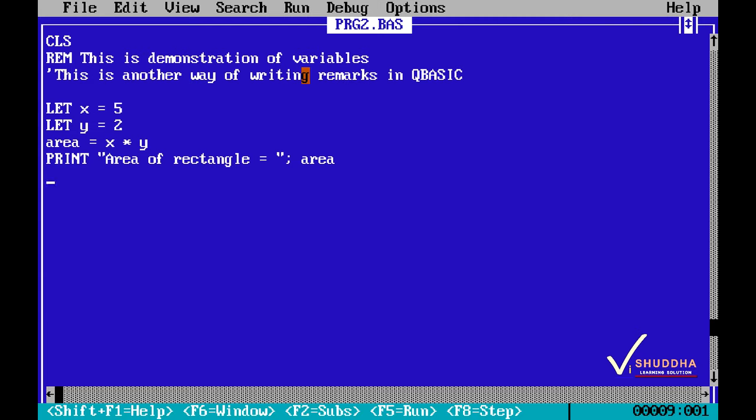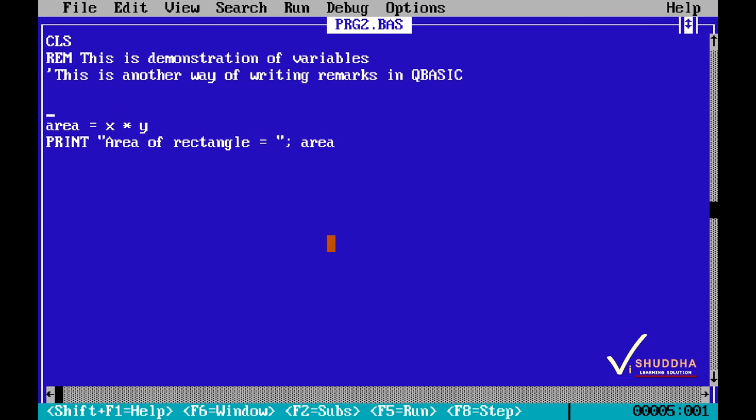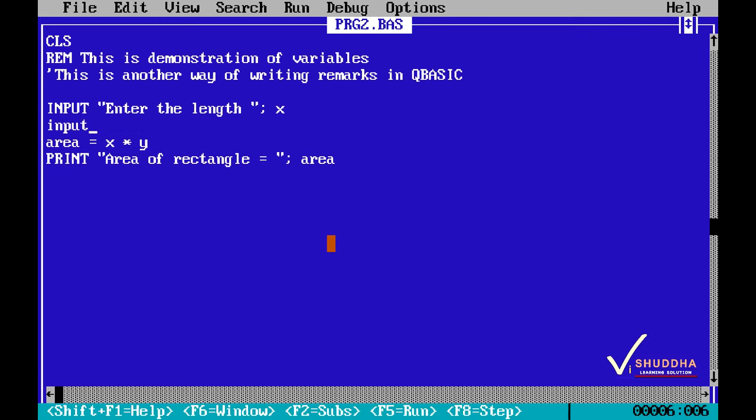We generally want the people to enter the values, and on the basis of those values, we should be able to answer. So I will modify this program, and this time I'm just going to delete the statements. We will write the statements to read the values from the user and store them in variables x and y. For this we use the input statement. So I have written input and then some message like enter the length, then a semicolon, and then the name of the variable in which we want to store the value given by the user. Another statement for reading the value of breadth.